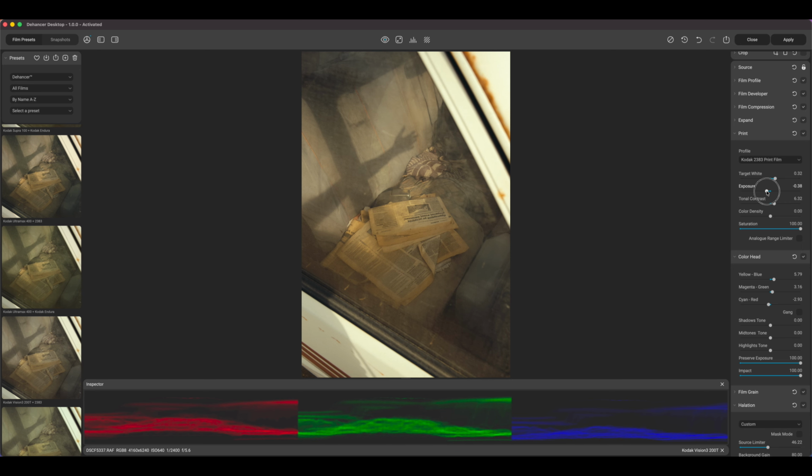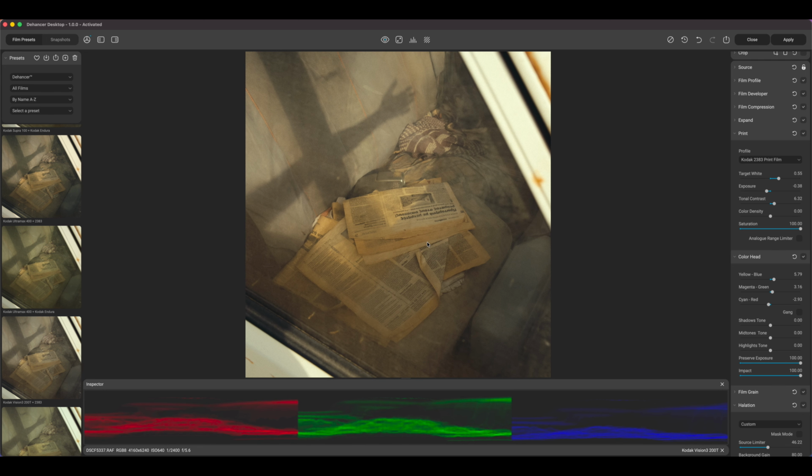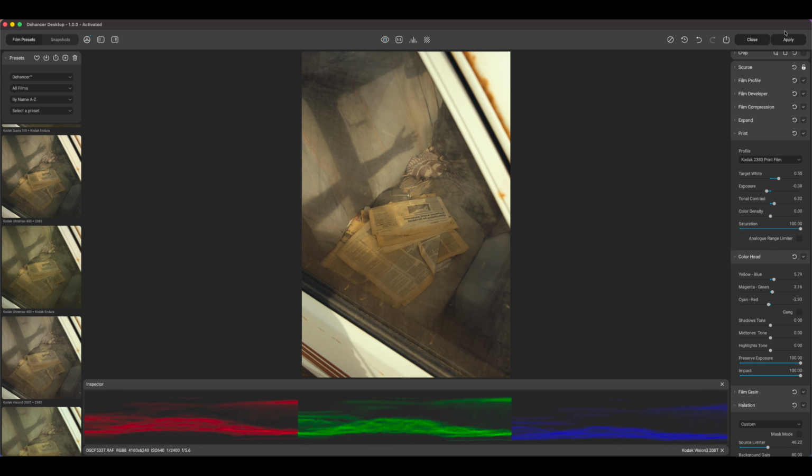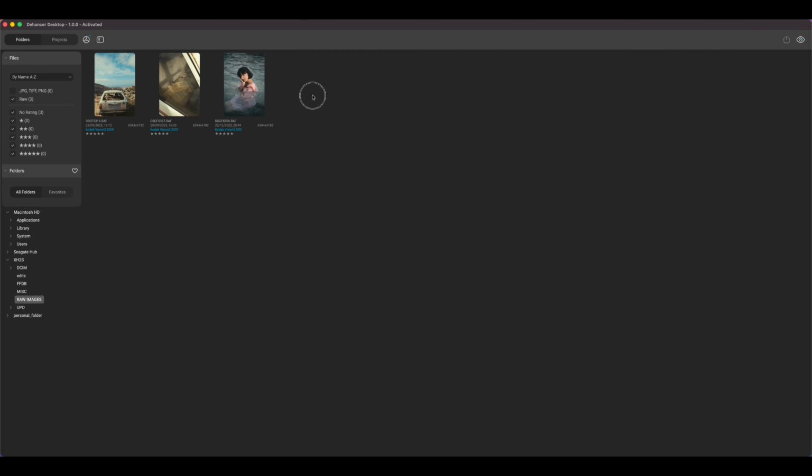Increase the exposure just so you can see more of that hand right there. And go for a tad colder here in the target white. No analog range limiter, I need this pop. This is perfect the way this is. I love it. So now that all of the images are edited, you can select all of the 3 images,